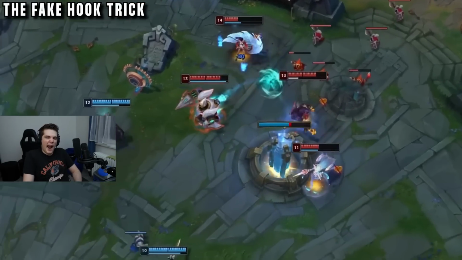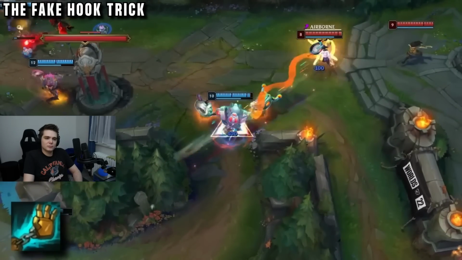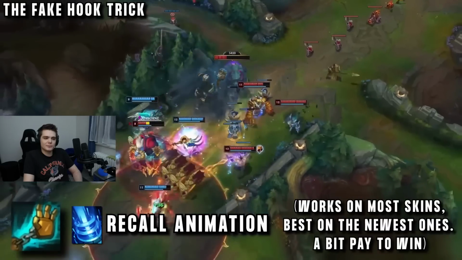Don't forget you can even use the fake hook throw animation. When Blitzcrank hooks, his body moves sideways as the hook flies out. But this emote animation looks very similar, which causes enemies to think a hook is about to come flying at them, and so they react like...